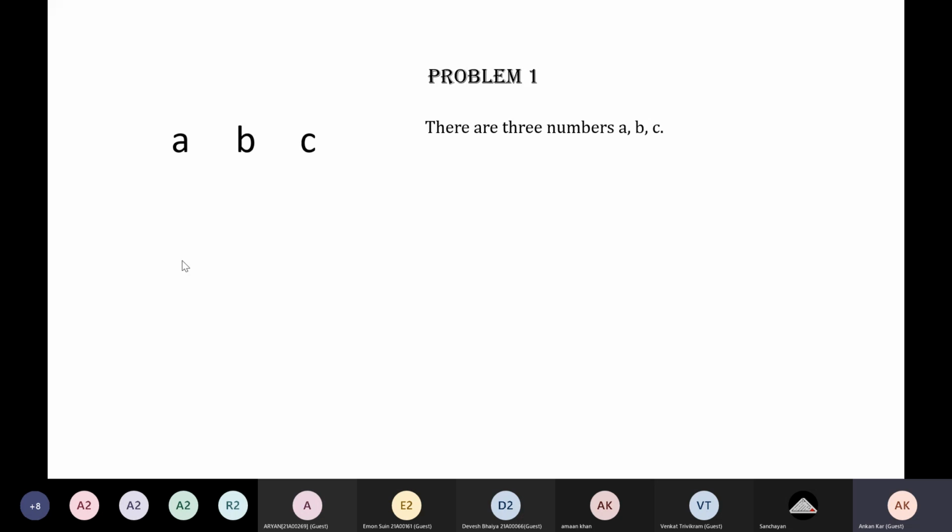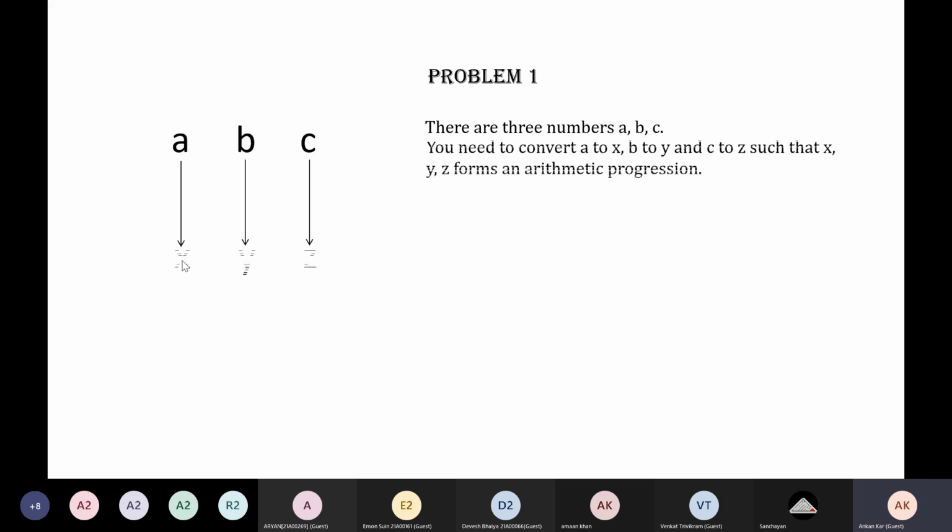There are three numbers A, B, C. This question is pretty simple, some optimization question. You need to convert A to X, B to Y, and C to Z such that X, Y, Z form an arithmetic progression. That means